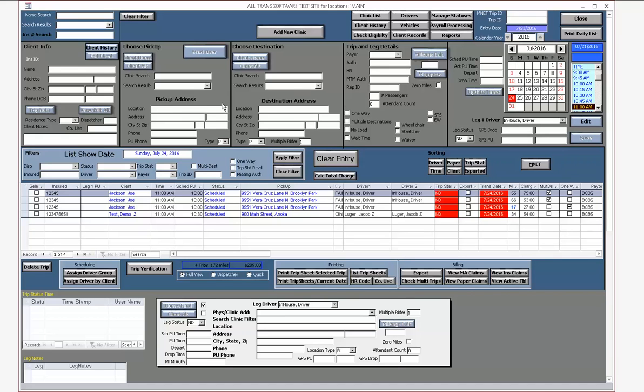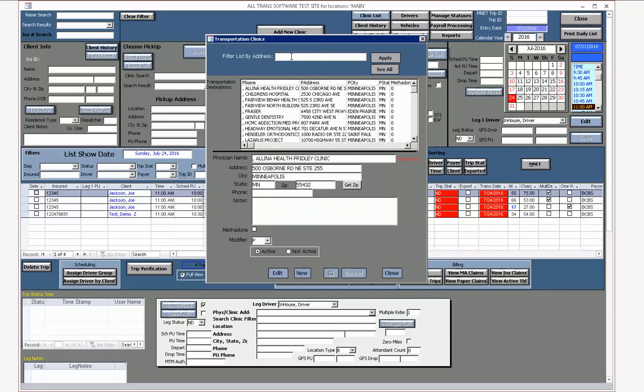In this session, we're going to take a look at some of the other features on the transportation form. We're going to start up with the series of the 9 buttons up above. We're going to look at clinic list. This gains you access to a list of all of your clinics that are currently entered into the system with